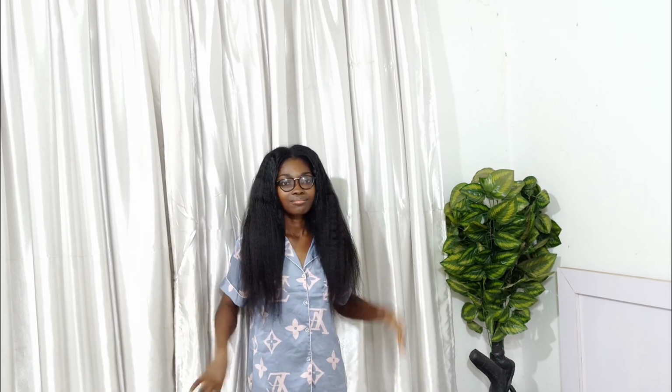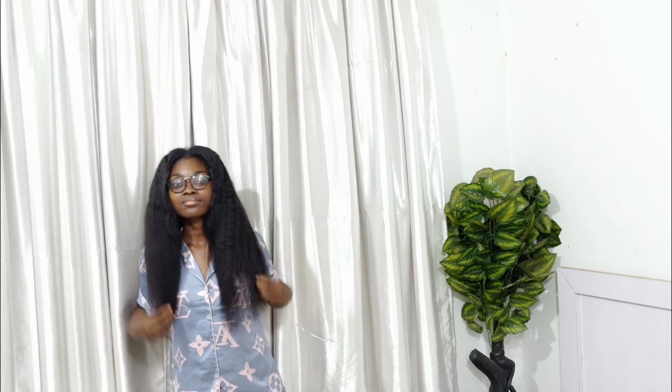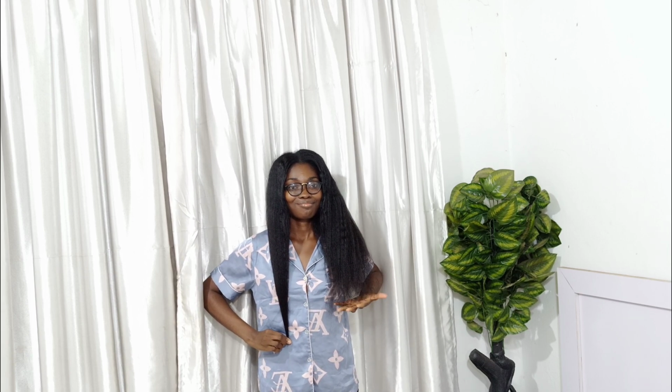So it can be faster than this if your hair growth rate is more than 0.5 inches, and it can be slower than this if your hair growth rate is less than 0.5 inches. So that's why you have to consider both your hair growth rate and your goal length when trying to set goals for your hair. Okay, so now I'm going to give you guys another example, and this time using hip